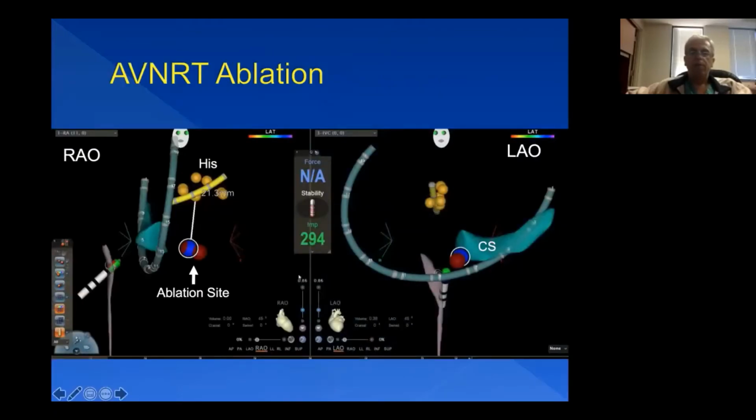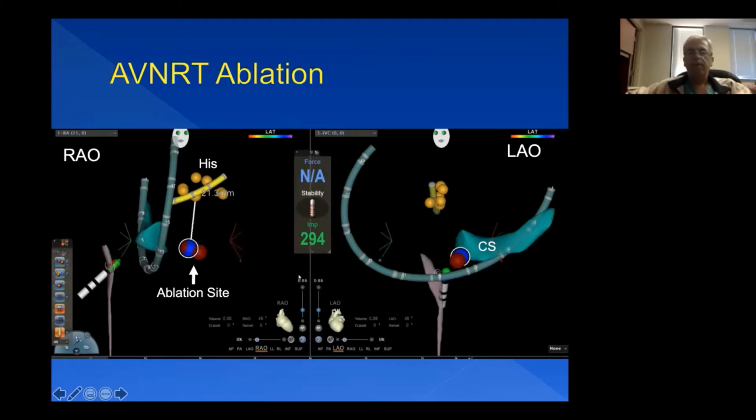And this is another representation of ablation of the AV node slow pathway. This is an RAO projection. This is an LAO projection. When we do 3D imaging, we go in and we record His bundle in the AV node area. Every spot where His bundle is recorded is tagged, and this is the His catheter. So this area represents the His bundle recording and the AV node area that we try to stay away from. This is the coronary sinus here,